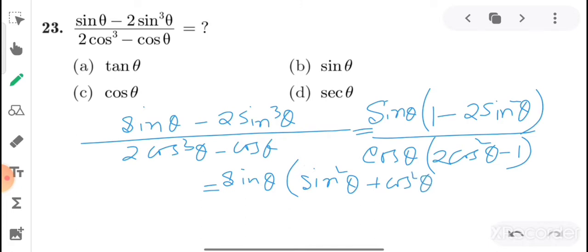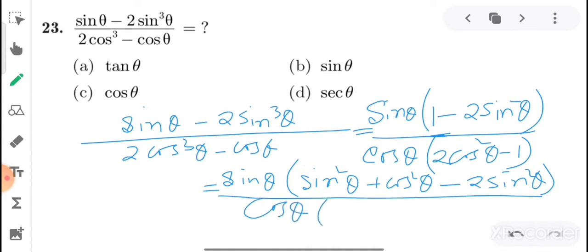It is a trigonometric relation that gives us sin square theta plus cos square theta is equal to 1. We use this relation, and in the minus 2 sin square theta cos theta and 2 cos square theta terms, put the relation for 1 as well. Then it will give minus sin square theta and minus cos square theta. Sin square theta plus cos square theta, as there is a minus sign, so both will be minus.